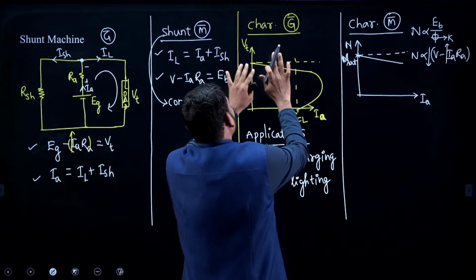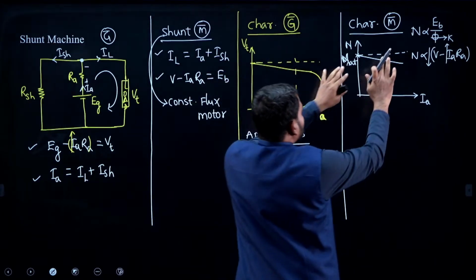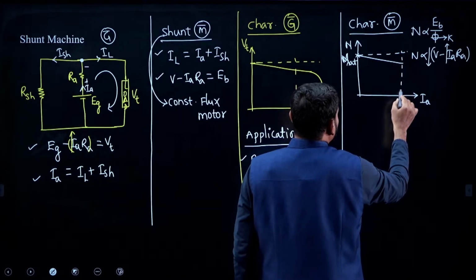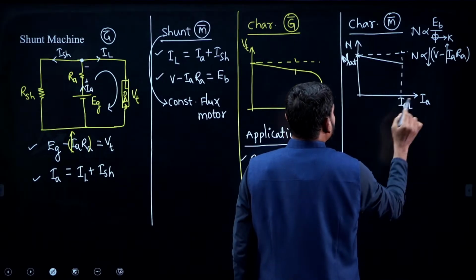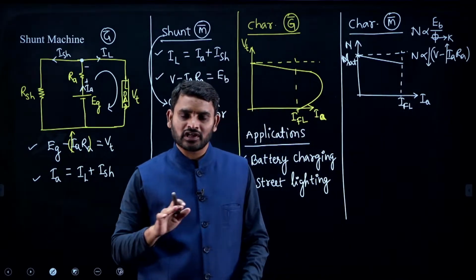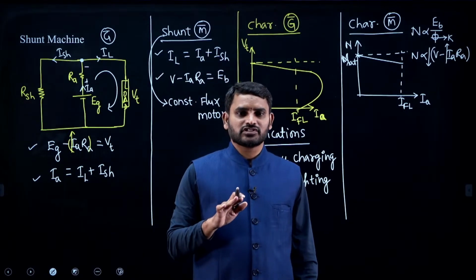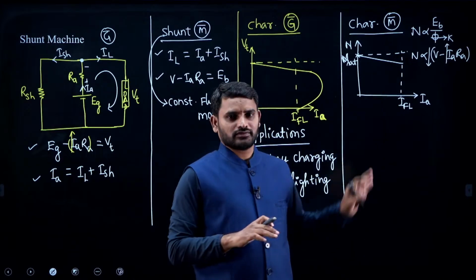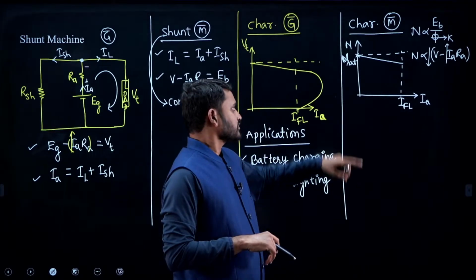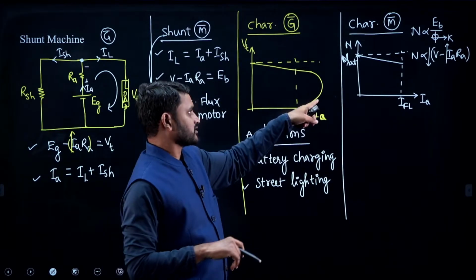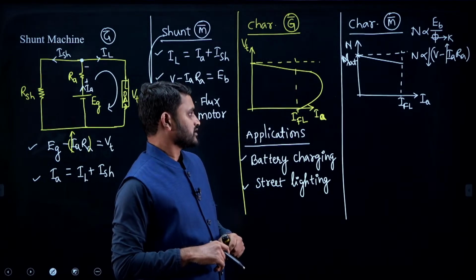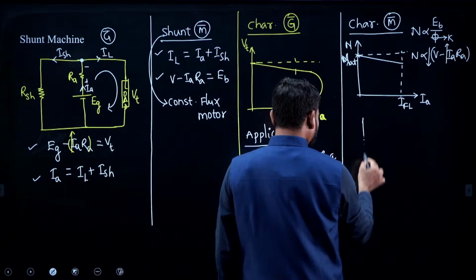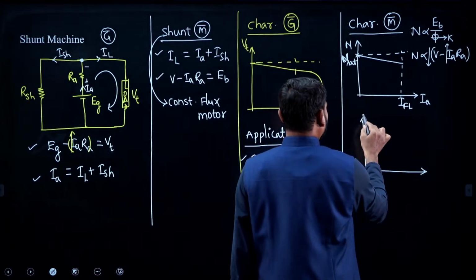Generator is going to have almost constant terminal voltage, motor is going to have almost constant speed. So you can also say shunt motor is approximately going to produce constant speed from no load to full load. Okay. So this is the characteristic of a shunt motor, which is between speed and current. Now if you see between torque and current,